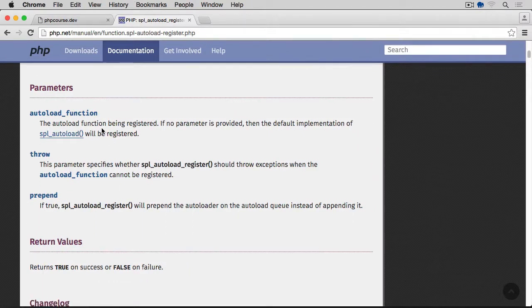The autoload function being registered. If no parameters are provided, then the default implementation of SPL Autoload will be registered. We'll have a look at this in just a second. Then the second argument, throw: this parameter specifies whether the SPL Autoload Register function should throw exceptions when the autoload function cannot